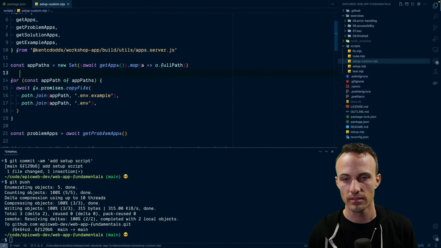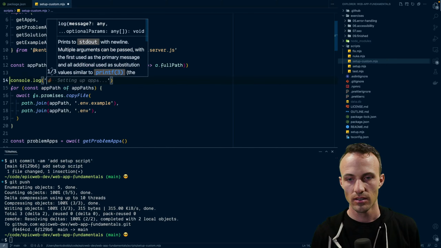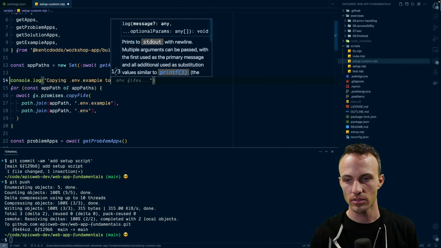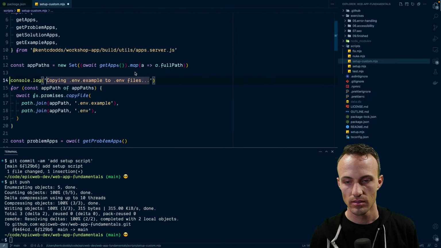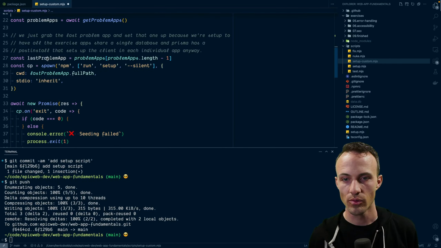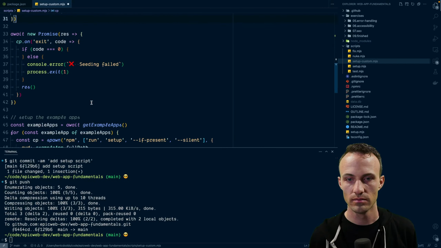Maybe I should add a console.log: copying env example to the env files. And then we get the problem maps. We grab the last one, and we run the setup there.